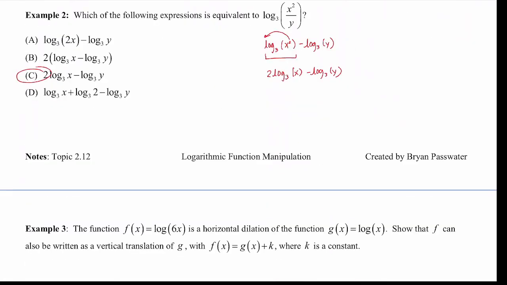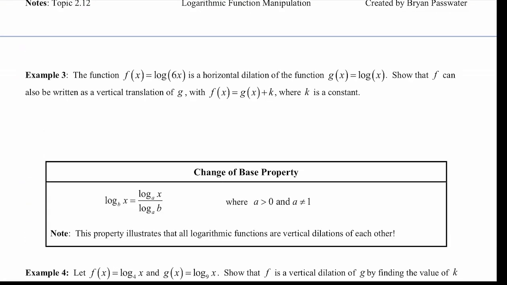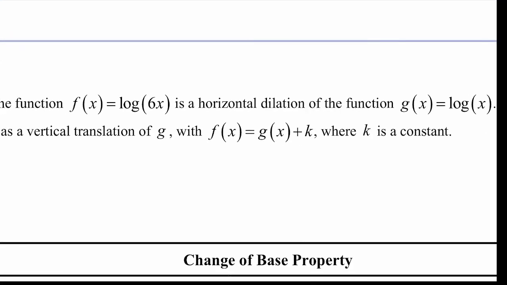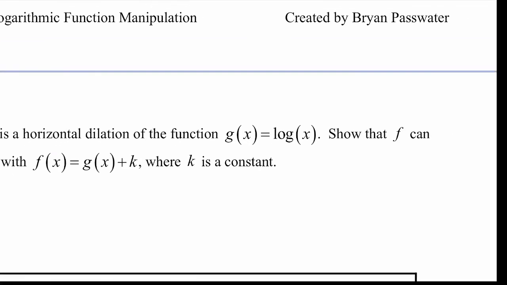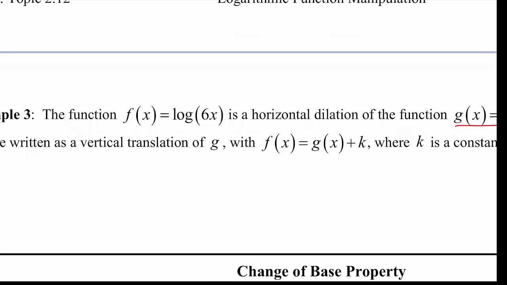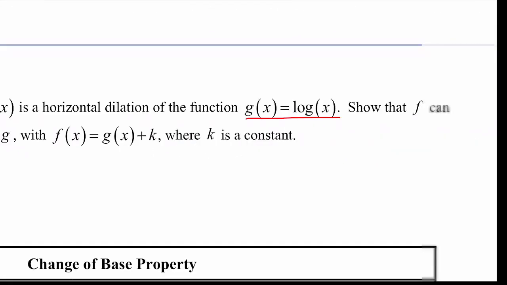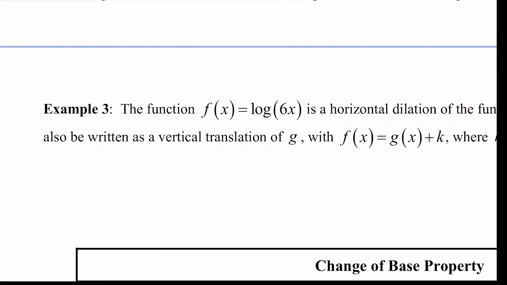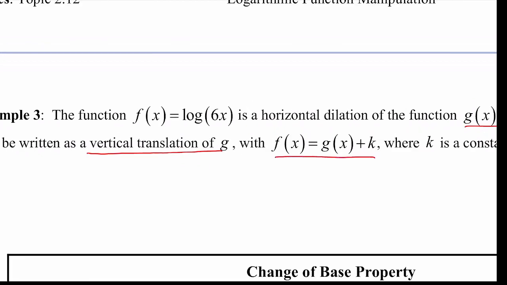All right, let's go to example number 3. The function f of x is equal to log of 6x is a horizontal dilation, right? There's a 6 being multiplied to x. And then the function g of x is equal to log of x, right? So they're saying that's the original function, and this one is a dilation of that original function. Show that f can be written as a vertical translation of g, with f of x is equal to g of x plus k. So all we're saying is, can I rewrite this horizontal dilation instead as a vertical translation,